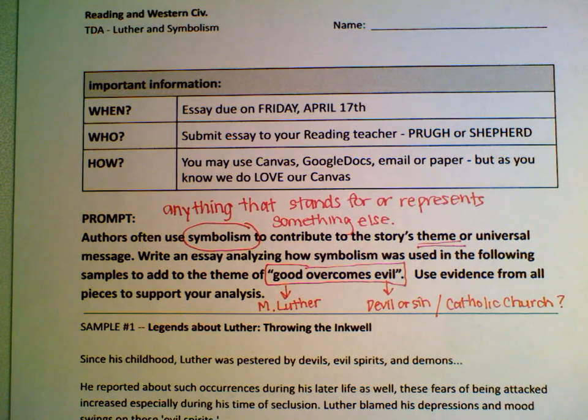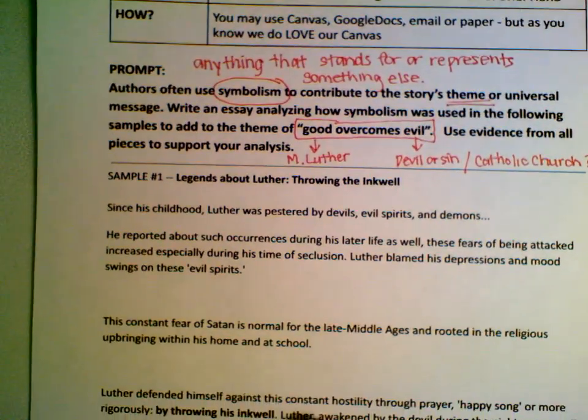We know that Martin Luther took a particular stand on how he thought the Catholic Church of the Renaissance should have been doing their job. And so he, of course, wrote the 95 Theses to get the church to change. And so he really wants them to be different. So in this case, Martin Luther is looking at how good can overcome evil. Okay, so our first sample is a narrative. Okay, and it's written down here.